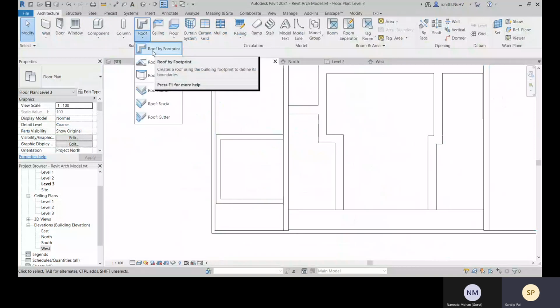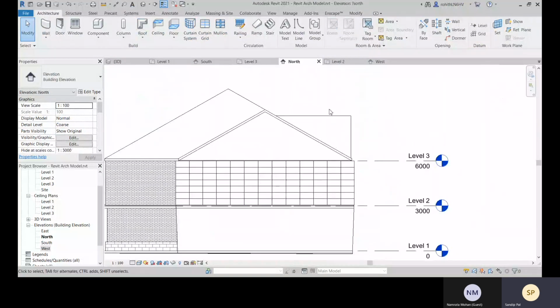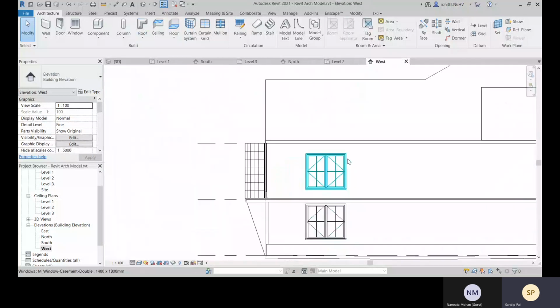Either you can go with this roof by footprint, or you can also create roof by extrusion. Okay, so let's create with roof by extrusion. If you want to create roof with roof by extrusion, for that, which side is it? West side it is.